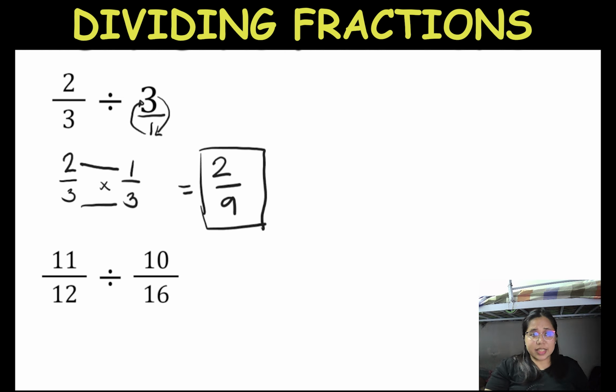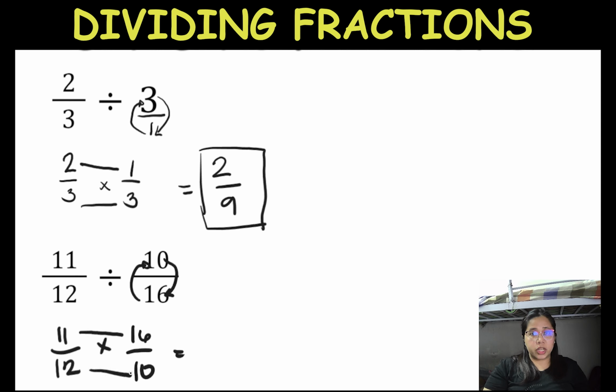Okay, so next example, we have 11/12 divided by 10/16. So same process lang yan. We'll get the reciprocal and proceed with the multiplication. So 11/12 times, we'll get the reciprocal ng divisor. Okay, so this will become 16/10. Okay, and proceed with multiplication, numerator to numerator, denominator to denominator. That will give us